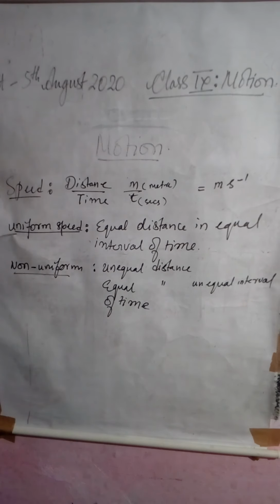Now we have learned around 5 to 6 terms in this regard. First is your rest, then comes motion, then we told about speed, then uniform speed, then non-uniform speed. These are the basic terms. Along with it, there are many other terms related to this chapter. We will be discussing in this chapter further. Now, first and foremost thing, in the speed and distance and displacement, I just wanted to discuss one more topic.